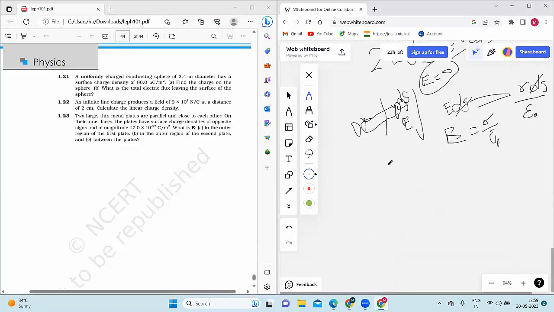So from this we will conclude that if there are two plates with charge density sigma on one surface and charge density minus sigma on the other, the electric field outside the plates will be 0, and the electric field in between the plates will be sigma by epsilon naught